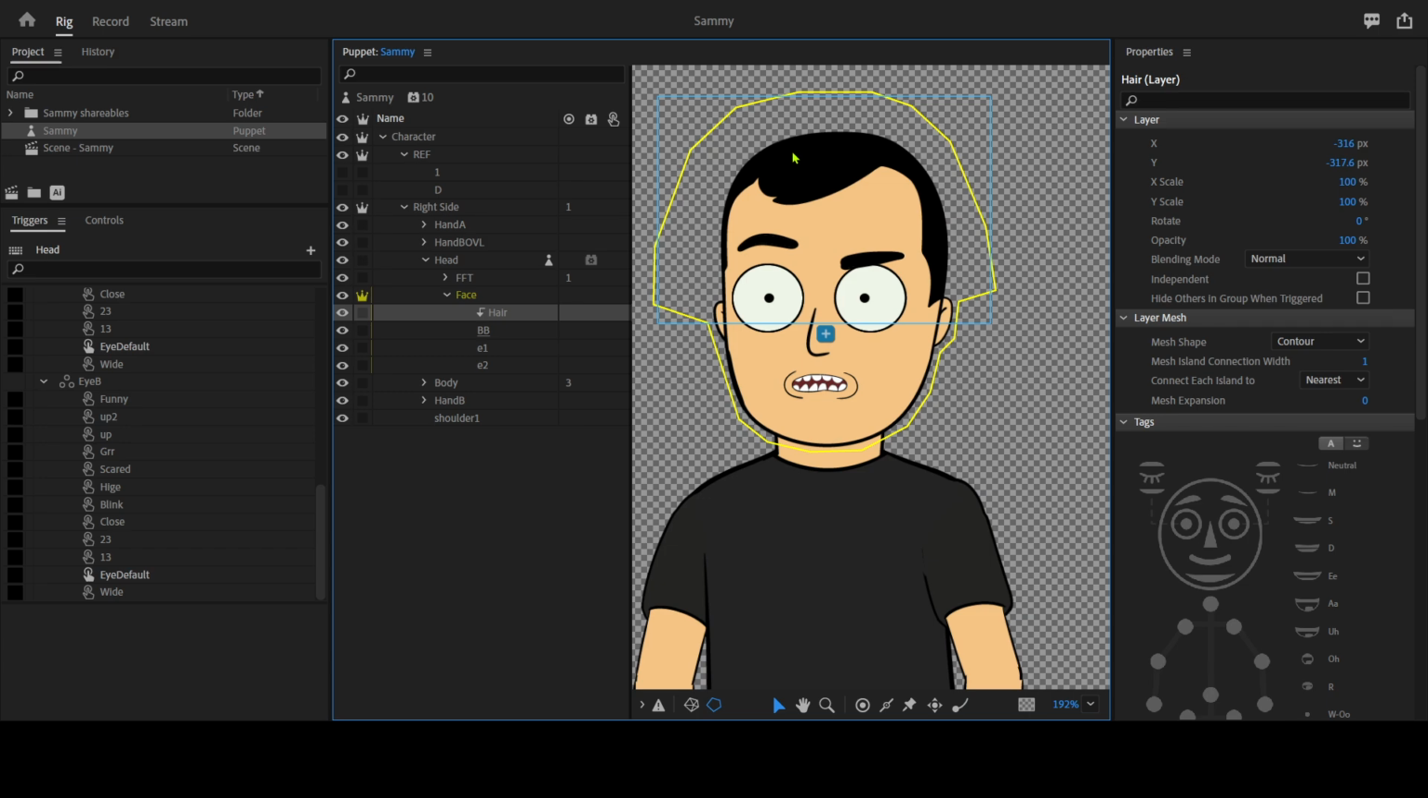So let's just undo that quickly. Okay, so this is the face, the empty head, and this is this ear, and then this is this ear. So to make this parallax effect work, what we need to do, because this entire FFT,